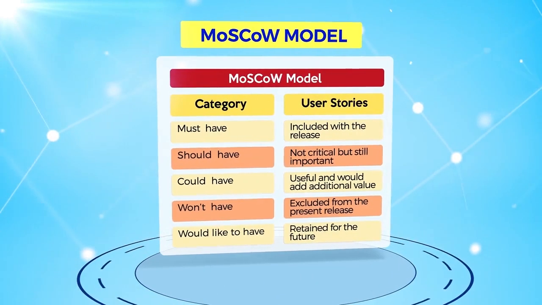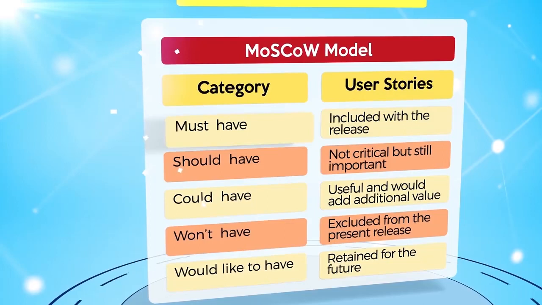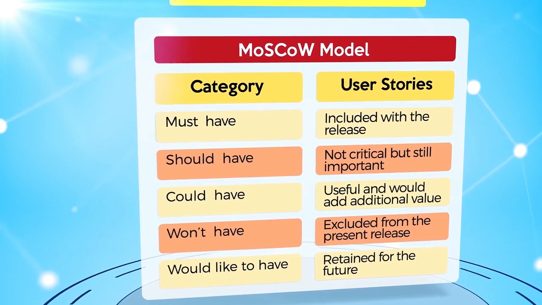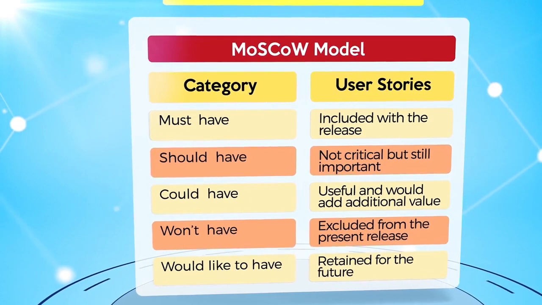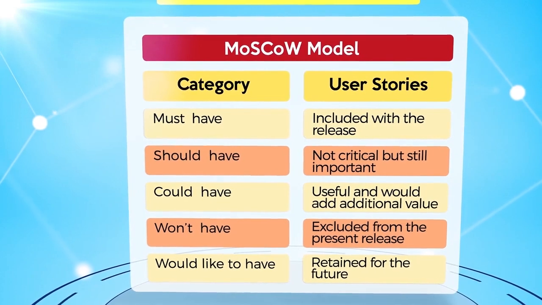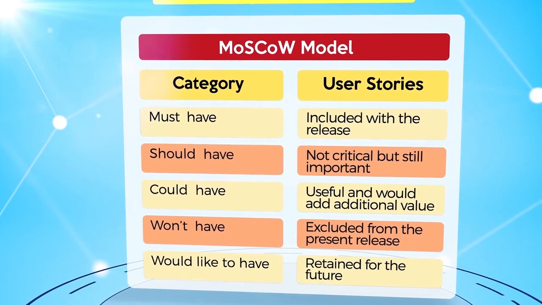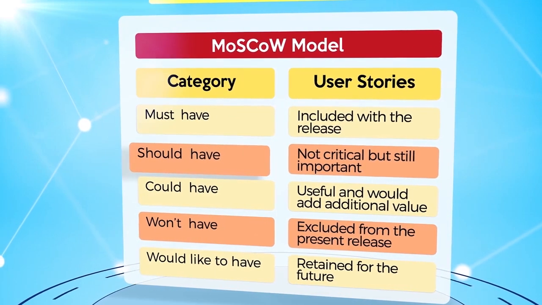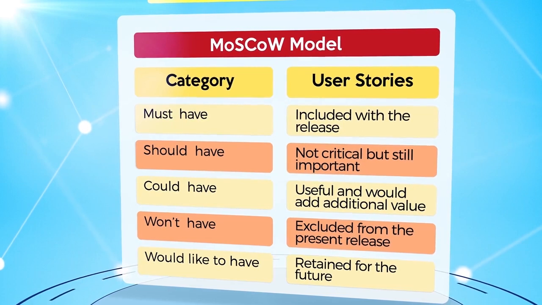The first category in MoSCoW is must-have, which is the minimum usable subset. These are the user stories that must be included in order for us to go forward with releasing anything into production. The next category is should-have, which are the user stories that aren't critical but are still deemed important for